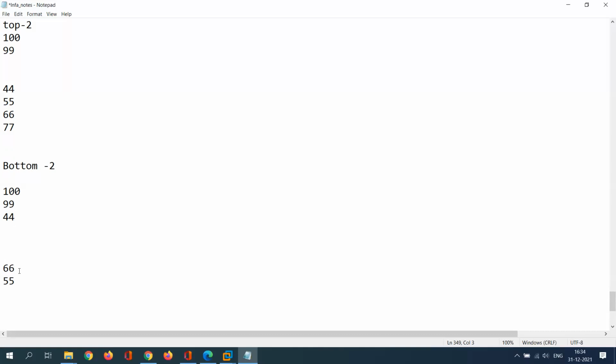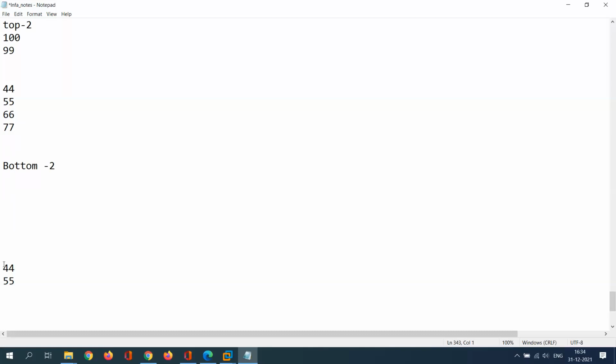See here 55 and 66, right? This 66 is the highest value compared with 44 and 55. Now I am going to discard that particular value and I am taking 44. And we can compare the rest of the values. 99 is the greatest value compared with 44 and 55, you can discard it. 100 is also the greatest value, you can discard it.